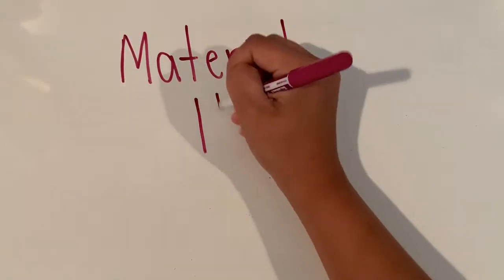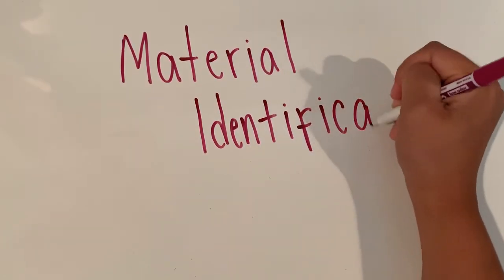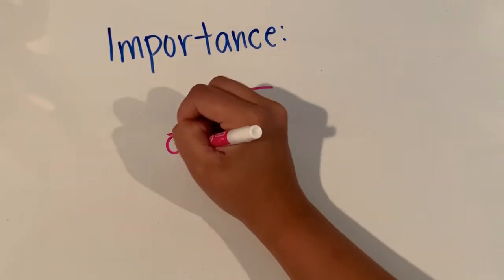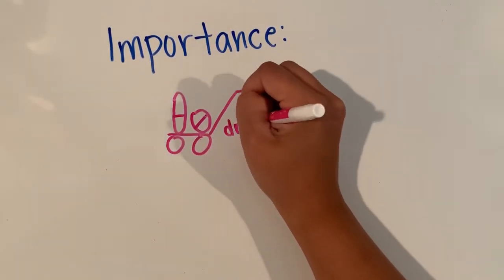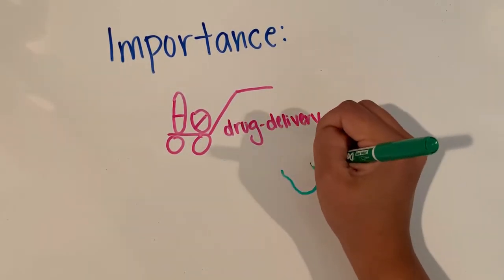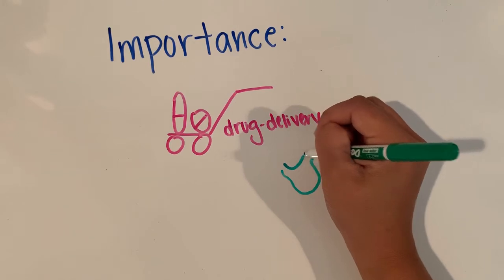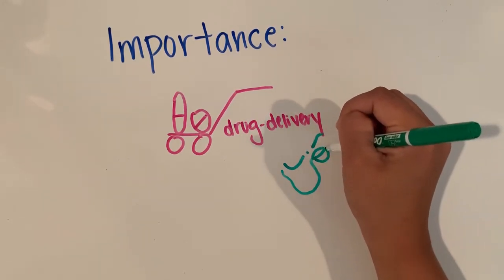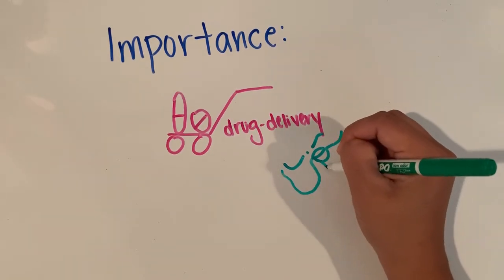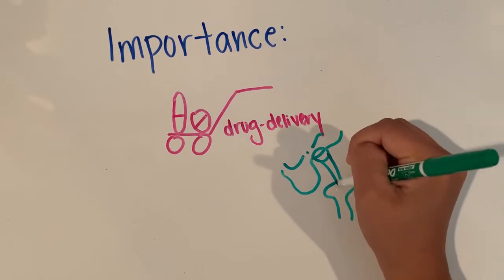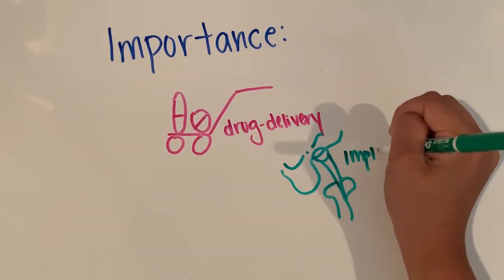Today's video we will be focused on material identification. Material identification is important to ensure that whatever materials you may be working with are the appropriate ones that are able to be used in the body with no additional issues, such as a biological attack on the material. This would be of the utmost importance for materials used in things such as drug delivery systems and implants. Identification is also important to ensure that the material you think you are working with is in fact the correct